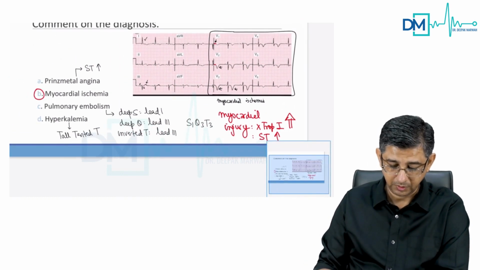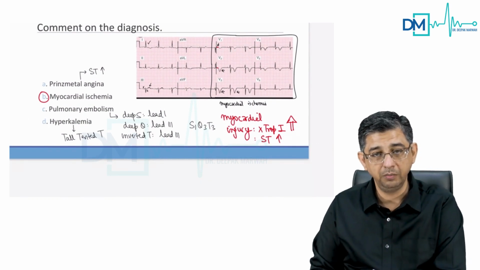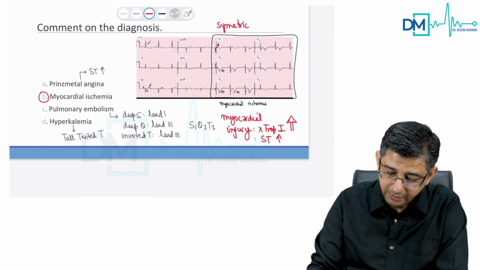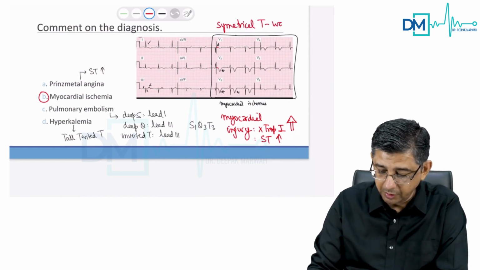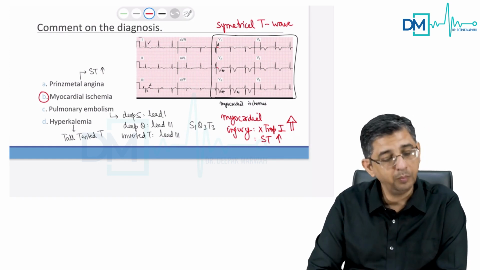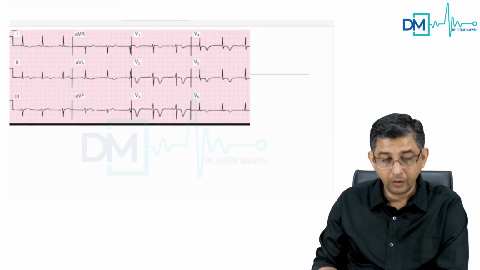So therefore, the correct answer to this will be B, myocardial ischemia, due to symmetrical T wave inversion. I'm saying symmetrical because all the leads are having this finding, symmetrical T wave inversion present in all the leads, which is why I have given B as the answer to this question. You can just look at